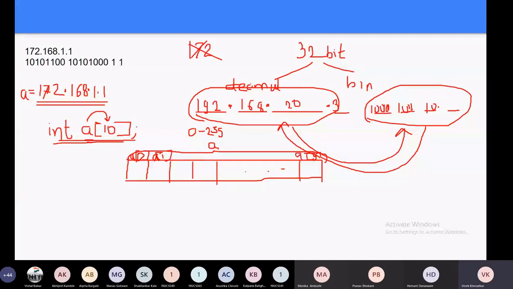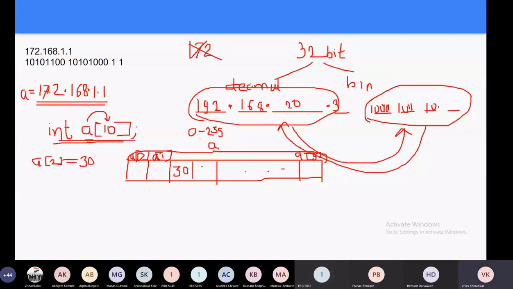Okay. Suppose I want to store 30 at this location. If you want to store the value 30 as the third element of the array, how do I store 30? a[2] equal to 30, right? So tell me, can we access any element of the array? Yes. Okay, tell me how.